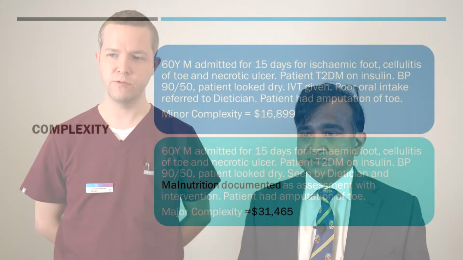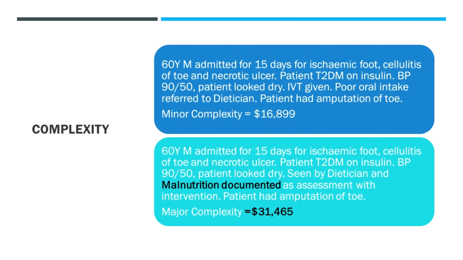we care for patients. Here's an example, a 60-year-old who's admitted for 15 days for ischemic foot, cellulitis and a necrotic ulcer. They've got type 2 diabetes on insulin. Again, we've mentioned here a low BP, and the patient looked dry. Again, what are we assuming but not documenting there? Gave some intravenous fluids, poor oral intake, and referred to the dietitian, and ultimately had an amputation of the toe